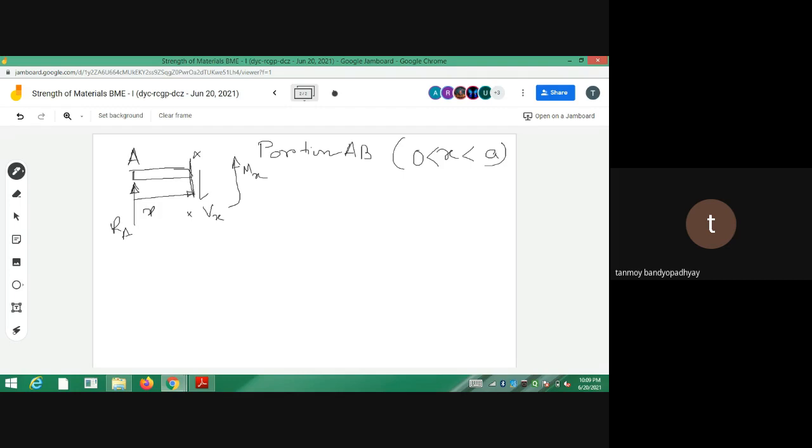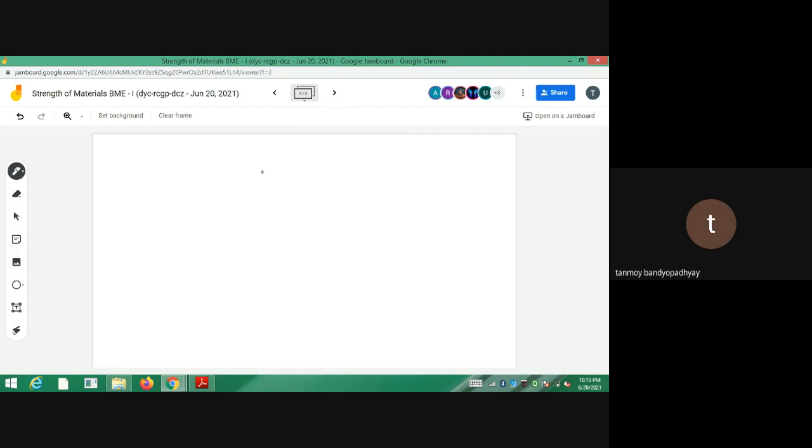Whenever I apply this Vx on the downward side, I could have applied it on the top side actually, but I have applied it on the downside so as to make this akin to the positive set of bending moments that we have considered. While we were discussing the SF diagram, I considered that for the shear forces, this is the positive shear force.